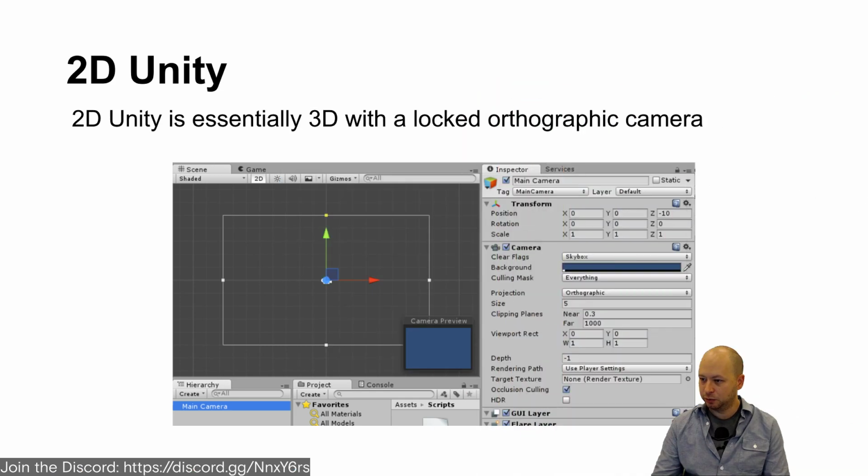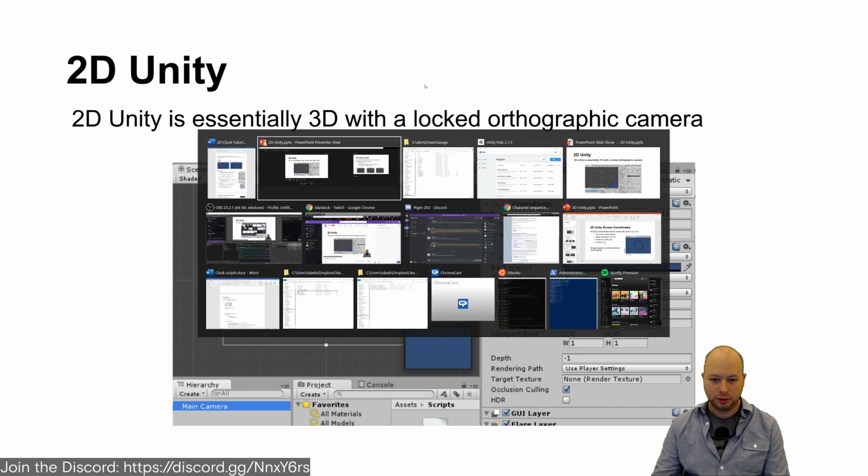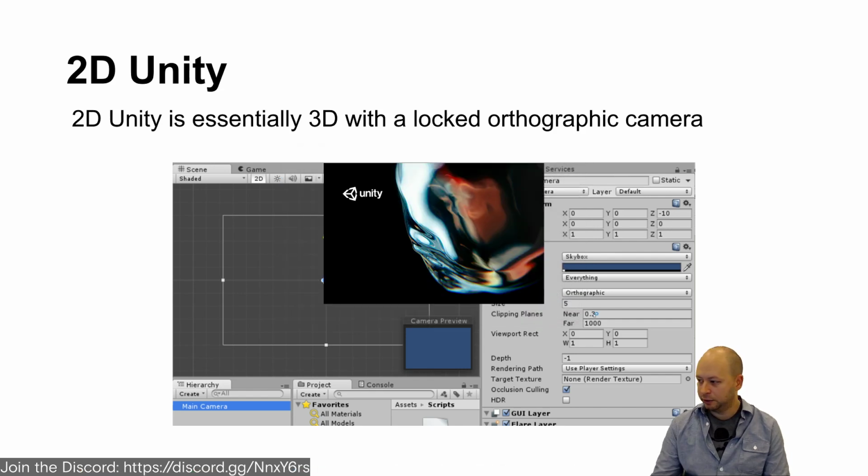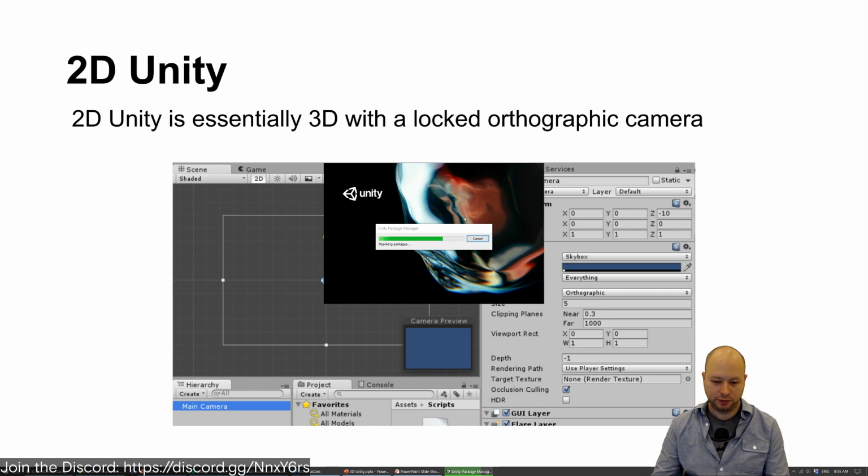Let me make sure here. Cool. Yeah, we're going to be making a fun little clock. Great. So we're going to call this the clock tutorial. We're going to create it. Awesome. Now we have to wait a million years for Unity to open. While we do that,